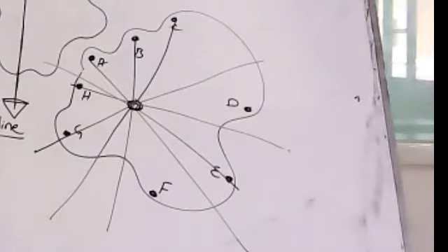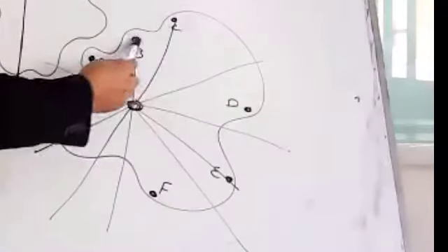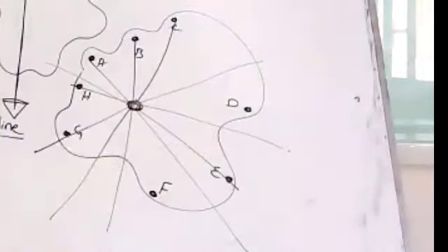I'm once again repeating all the points. First of all, take an irregular shape, draw it over a cardboard, and after drawing it over a cardboard, make small holes and name them Alpha, Bravo, Charlie, Delta, and so on. The number depends upon the number of edges of that shape. If that shape has 4 edges, then Alpha, Bravo, Charlie, Delta. If that shape has more than 4 or 5 edges, then you have to name them accordingly. Now, when you make small holes, Alpha, Bravo, Charlie, Delta, these are the holes in that particular shape.